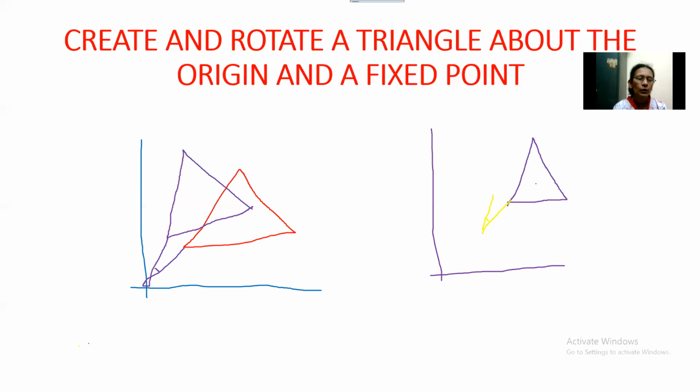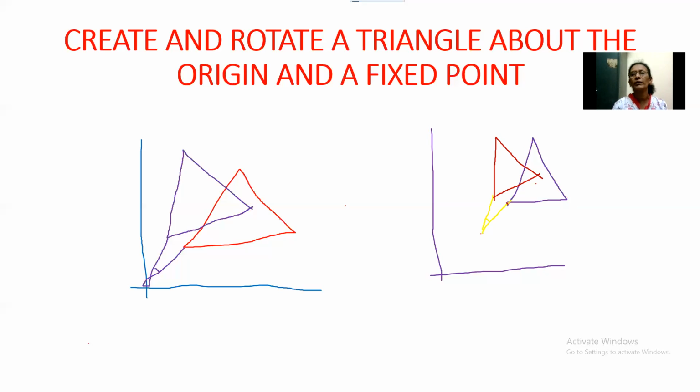So now what I have to do is rotate this vertex by 20 degrees about this point. That means the line joining this fixed point and this vertex should be rotated by 20 degrees. Same way I rotate this point by 20 degrees, and this point by 20 degrees. Say I get this, then I draw this triangle. That is rotation about a fixed point. So this is what we have studied.